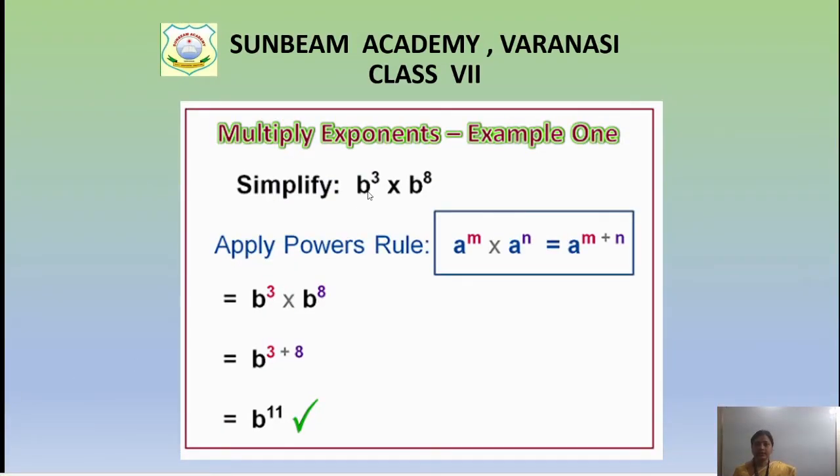Now, as you can see, the bases are the same. Whether it is an integer or a rational number, the rules will be the same for all, children. So the base is b. In the same way, the second one is also b. Both the bases are same, b and b, and we are multiplying them. So what will happen? We will add their powers. b to the power 3 into b to the power 8: 3 plus 8, the powers will be added and the result will be b to the power 11. I hope it is clear to you.